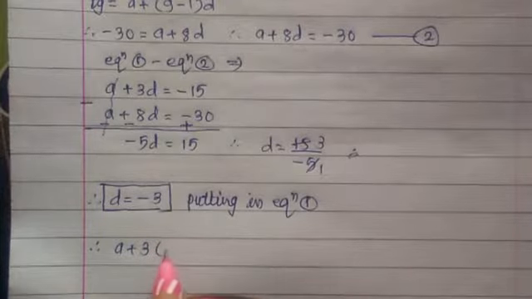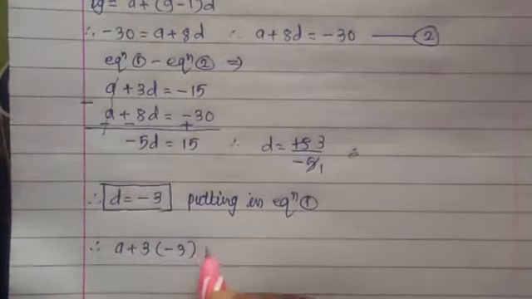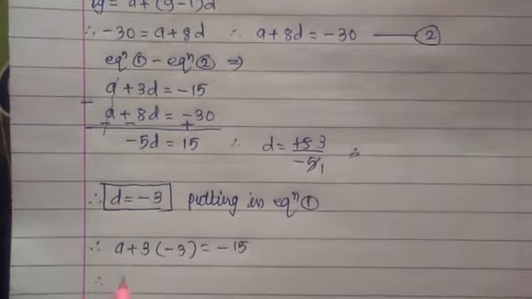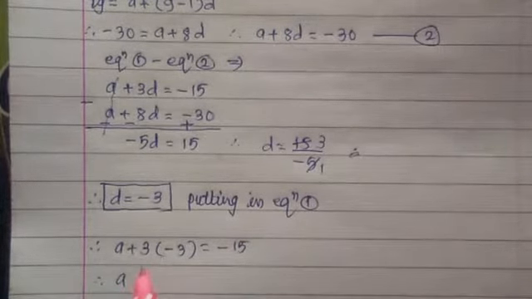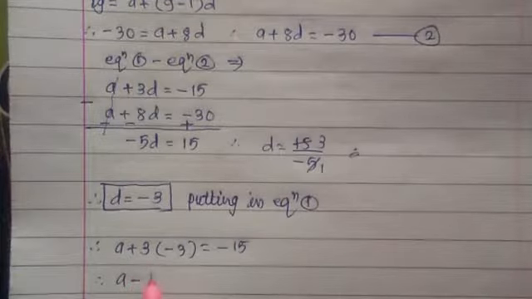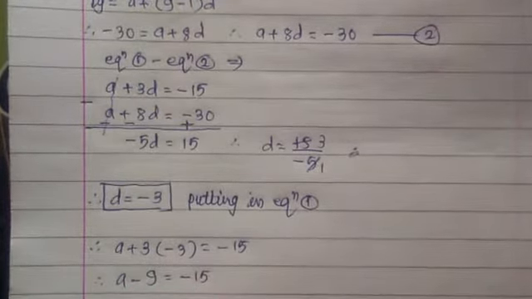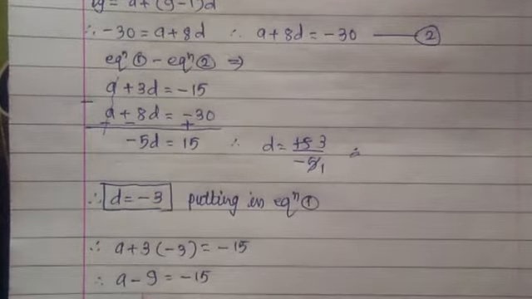Now d is here minus 3 which is equal to minus 15, and hence a then plus into minus means minus 3, 3 जा 9 is equal to minus 15, and hence A is equal to minus 15 minus 9